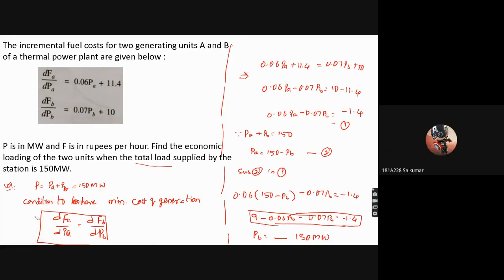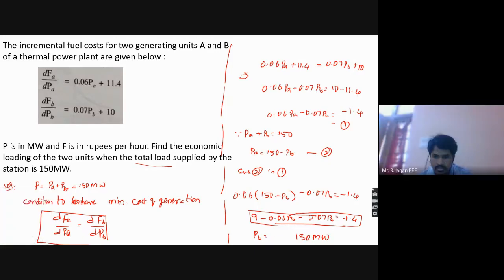20 megawatt. So here I can write P is, everyone solve this value. P is how much? 20 megawatt of power, right? So this is the way of how to allocate the load between two generating units while maintaining the minimum cost of power generation. Is everything clear from this problem?